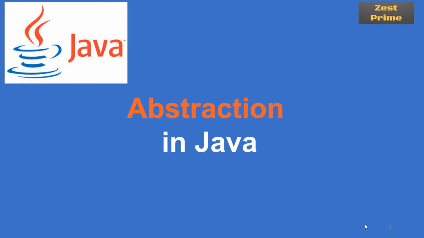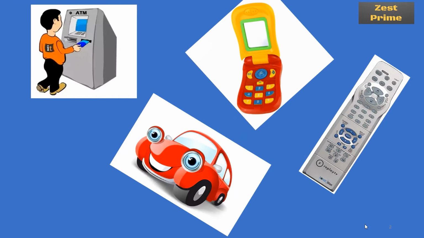So how are we going to achieve abstraction? Basically, we can achieve abstraction in two ways. You can use a user interface, or you can use technologies like interface or abstract class, which we are going to see in the subsequent videos. First, we will see some examples. The first one, as I said, is how we achieve abstraction by using the user interface. Let me show you some examples.